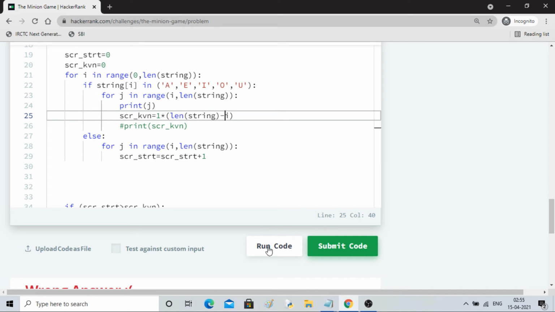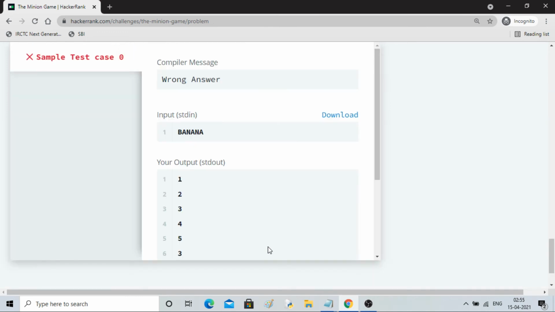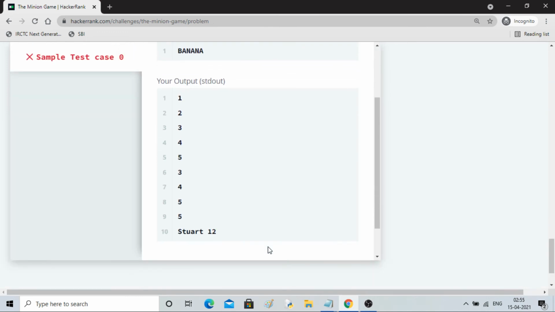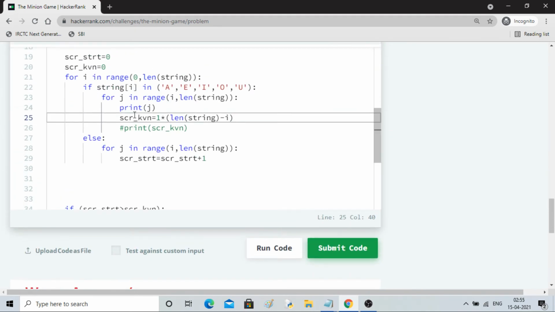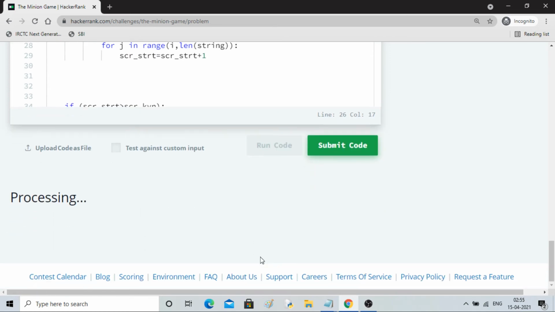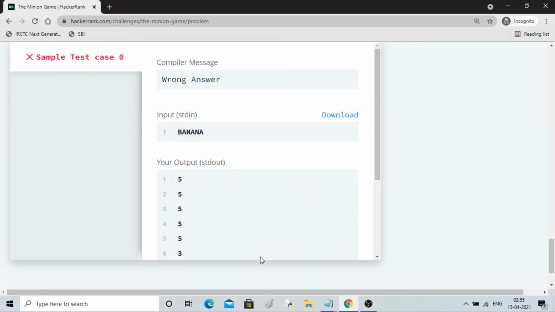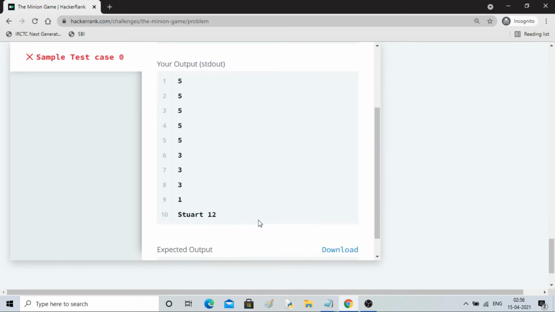What's the problem with length of string minus I? Oh, 1 2 3 4. What am I printing here? Okay, this I have to print. Okay, so 5 5 5 5 5 3 3 3 3 3 1 1 1.